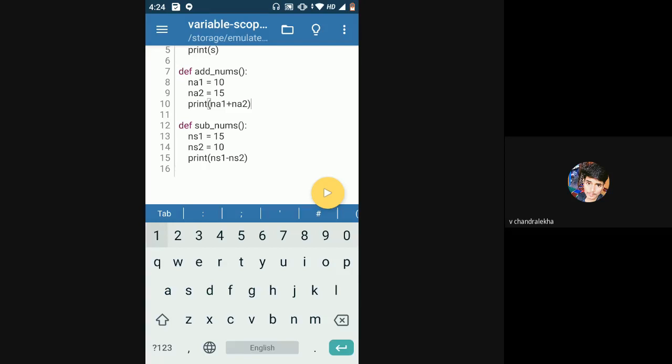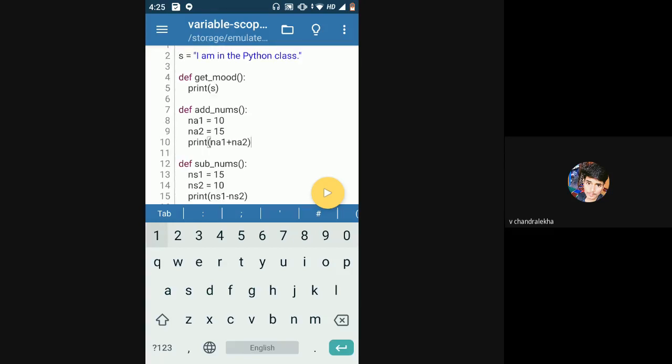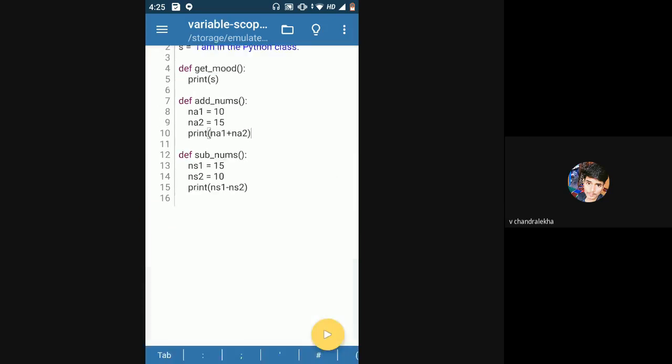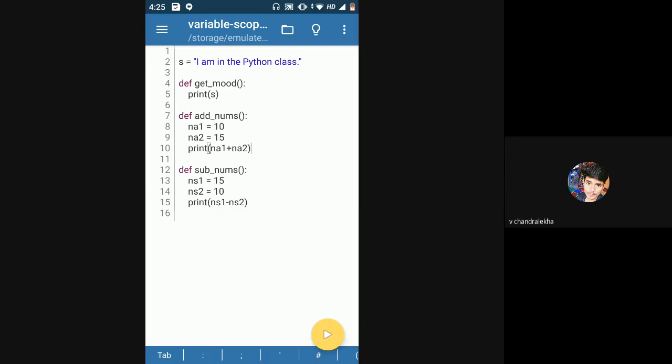What is a normal function? A function is something that does a task for you, right? That does something for you. So if you want to add two numbers, you will write a small function for it. If you want to subtract two numbers, you will write a function for it. I think in mathematics also you would have learnt about functions, right? So what is a function? Basically, a function is something that will take an input and give you an output for it. Okay, that's what you call a function.